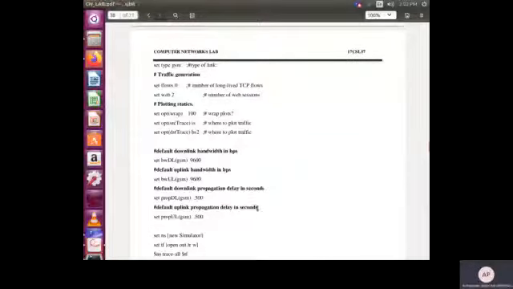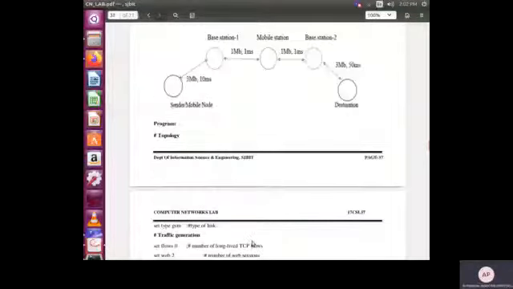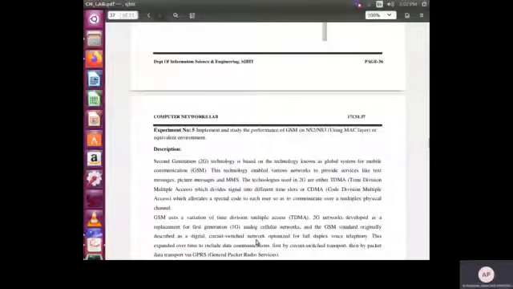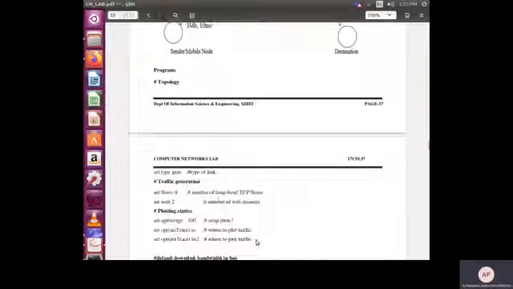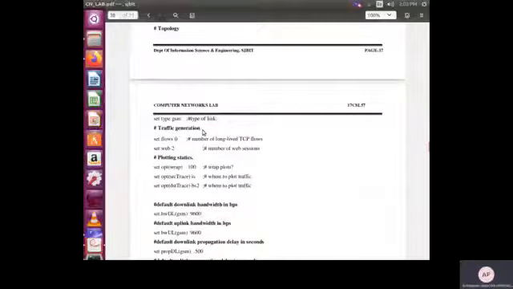So the 5th program is basically a global system. So GSM, the type of link is GSM. I already told you what GSM is in the beginning itself, which stands for Global System for Mobile Communication. The type of link we are using is GSM. Next, what you can see is the flows. We are setting the flows to 0. These are nothing but the long-lived TCP flows. Another one, the web sessions. How many web sessions do we need? We are setting it to a value of 2. Flows can be 0 or more. So initially we are setting the flows as 0 and the web sessions as 2.